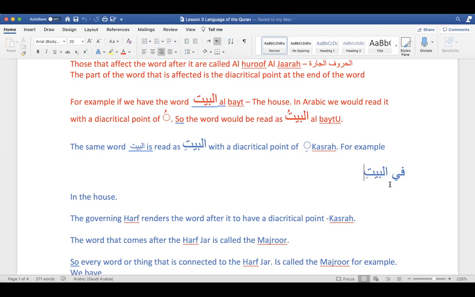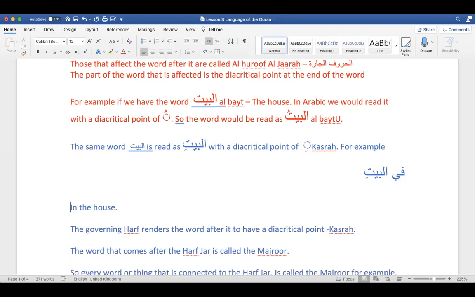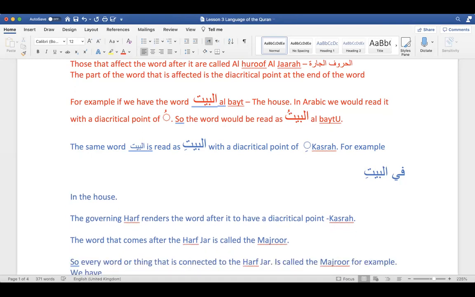Let's say, for example, guys, you know this alif lam? Imagine that wasn't there. How would you read that? Would it be fil bayti, or would it just be fi baytin? Yeah, fi baytin. So if I quickly show you here, we're gonna write